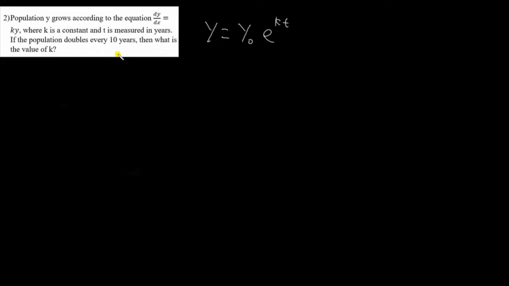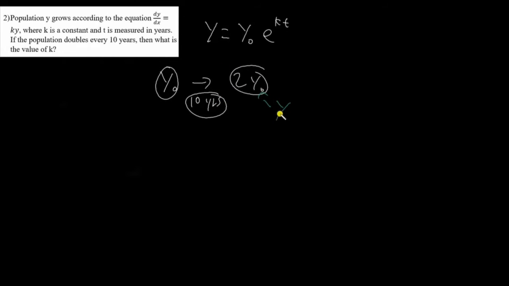And then we'll see what we're given. So we're given that the population doubles every 10 years, right? So if we have the initial population y0, then if you go 10 years, you'll get 2y0, right? So we have our initial population, we have our time, and then we have our final population. This is going to be equal to y, right, the final population. So now I can just plug all that into our equation, and instead of y, I'll put 2y initial equals y initial times e, and then our t is 10, so we'll put 10k,